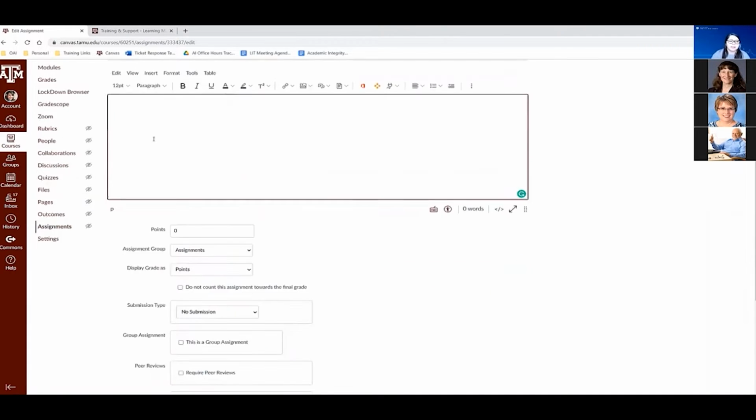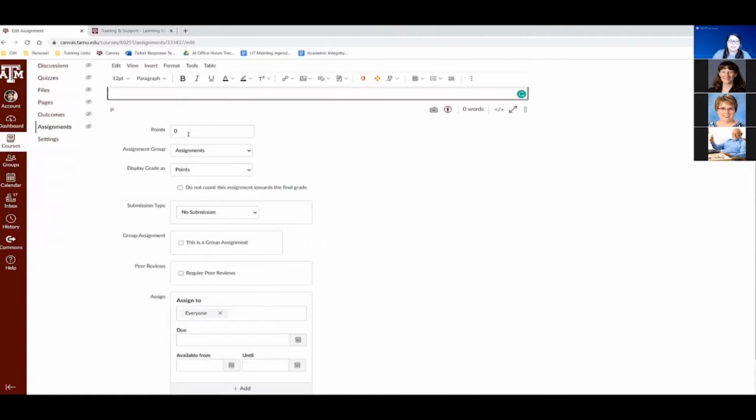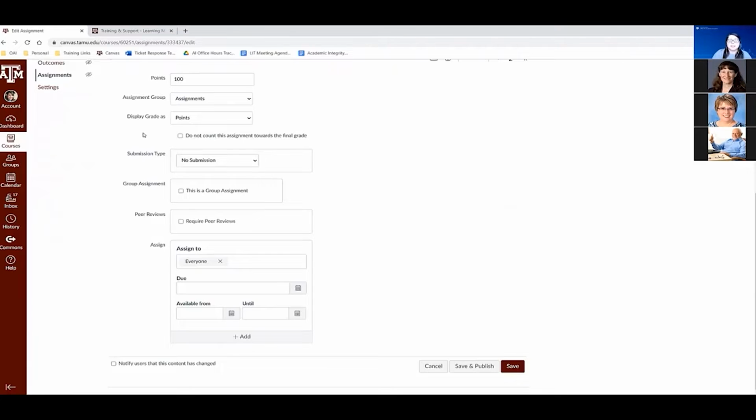So after you add those assignment instructions, if I had them already, you can scroll down a little bit, modify some of those assignment settings, such as the points possible, what assignment group. And then the next very important thing to be able to get the option to create a Turnitin assignment is under the submission type area. So right here in the middle of my screen. If I go to no submission, which is my default, if I select online,